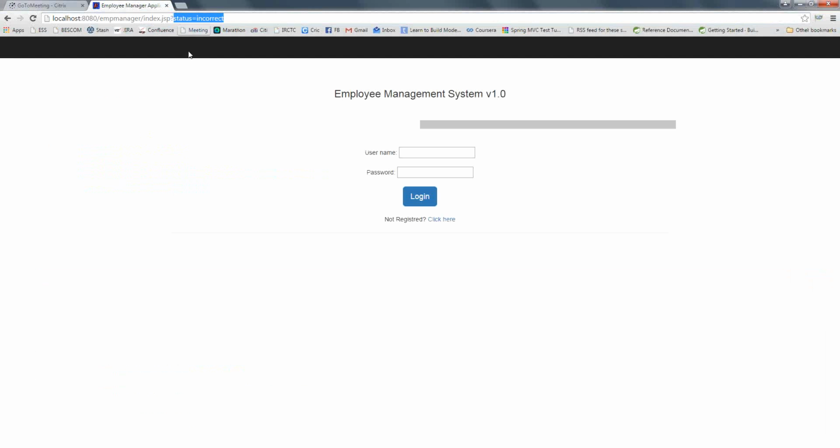What you are seeing here is nothing but a GET request of data, as I told you: the question mark, then the key value pair, status equals incorrect. Whatever value is coming, this is the key value pair. We can retrieve this data in our index.jsp page,